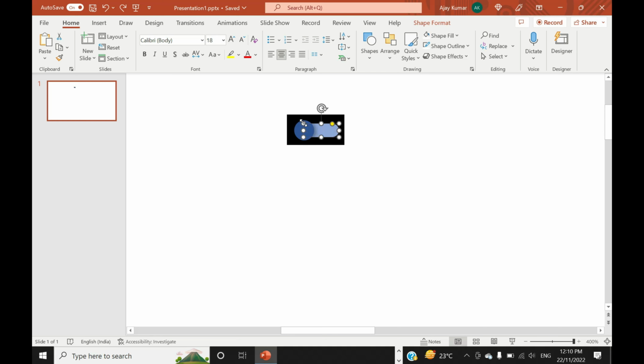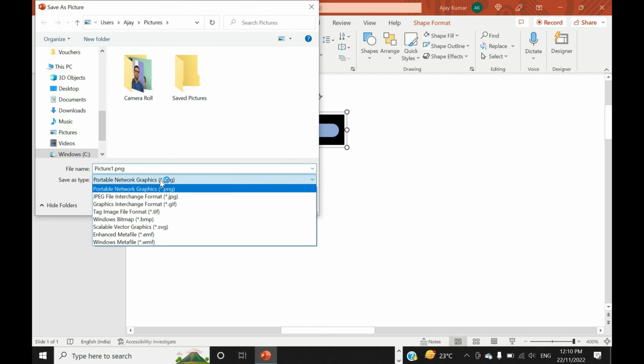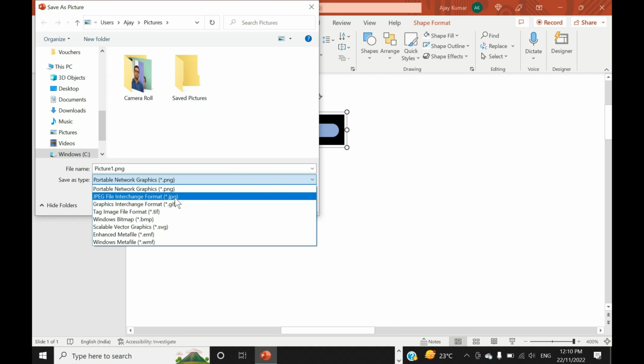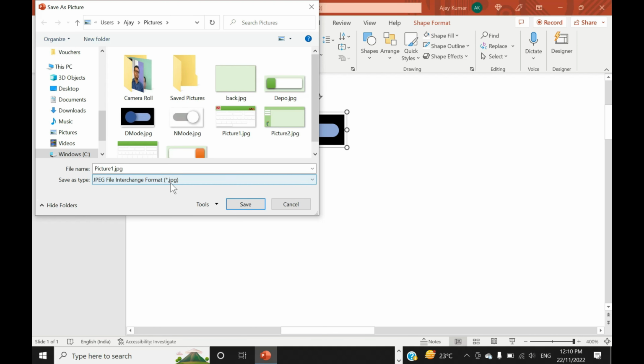Now I have inserted another shape and created a design. You can design as per your taste. And once you have completed this button, just group this and export it as a picture. Please note that this picture should be exported in JPG format. So you can see here I have already created the dark mode button and the normal mode button. Right, so you have to do the same thing.